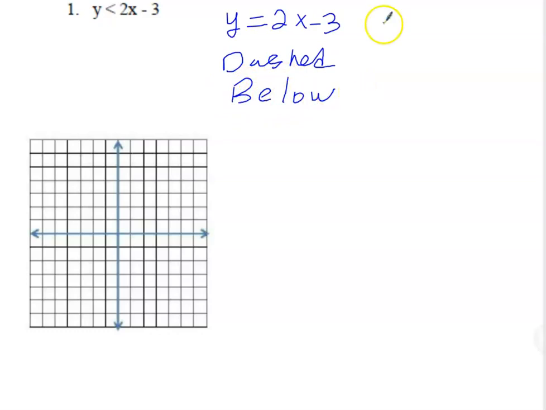So when I look at this line, my y-intercept is going to be -3. My slope is going to be 2, right? That's where the m and the b lie. So we're going to go down 3, 1, 2, 3, put a dot. My slope is 2, so I count up 2, right 1, up 2, right 1, and I continue that on through the entire graph. And then I am going to connect that with a dashed line,